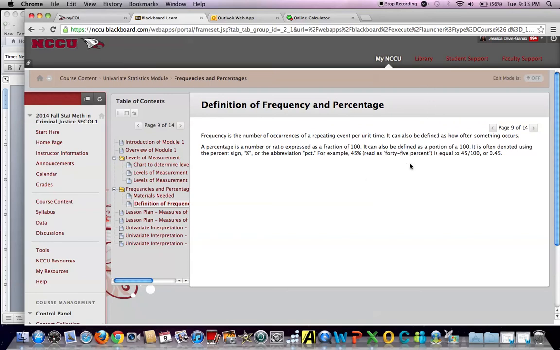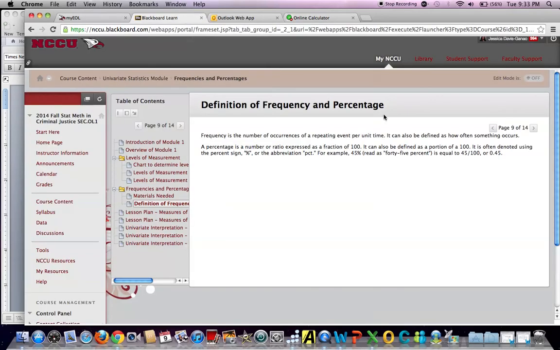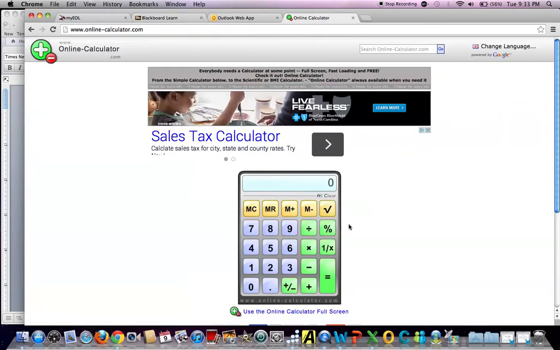Another way to think about percentages, and I pulled up an online calculator, is the second definition I gave you, which is a portion of 100. It should be defined as a portion multiplied times 100. And so suppose you had